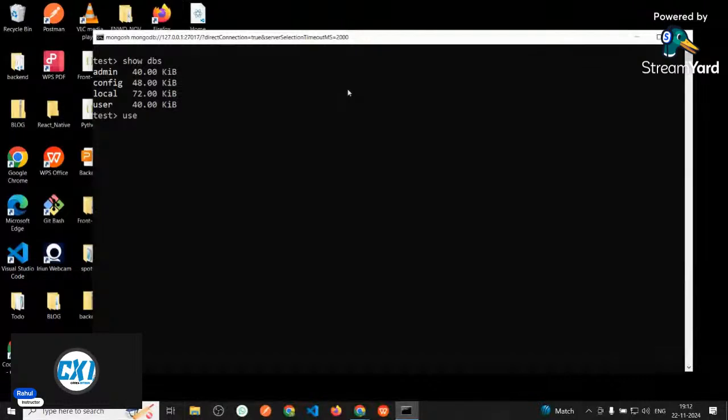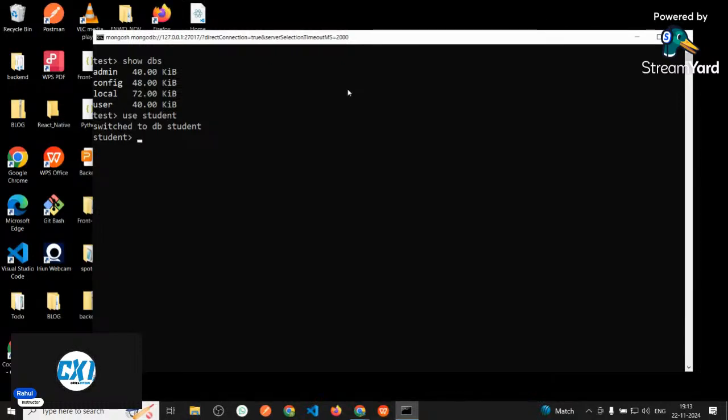So suppose I want to create a database called student, right? So I have to write use student. So this use student command will help you to create a database. I hope you have understood what is the use case of use keyword. Use keyword will help you to create a database, or it will help you to use an existing database,